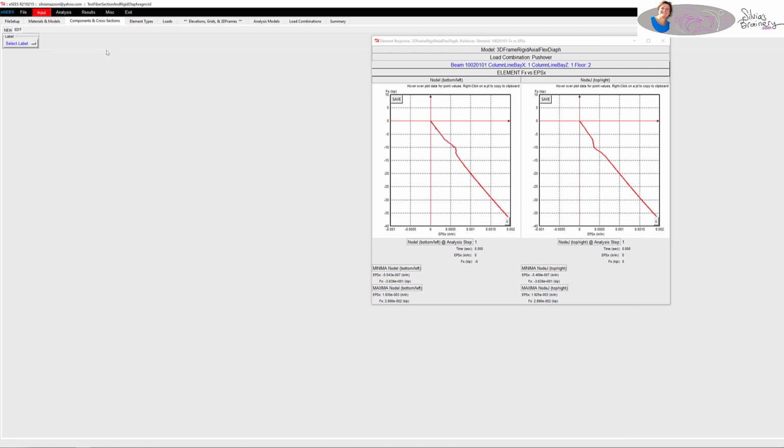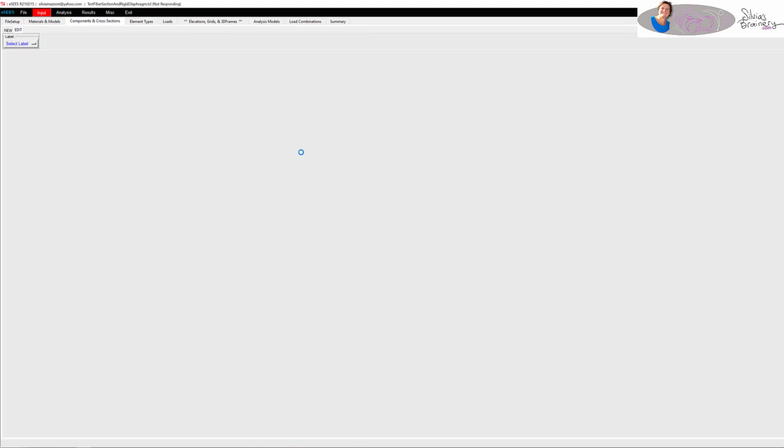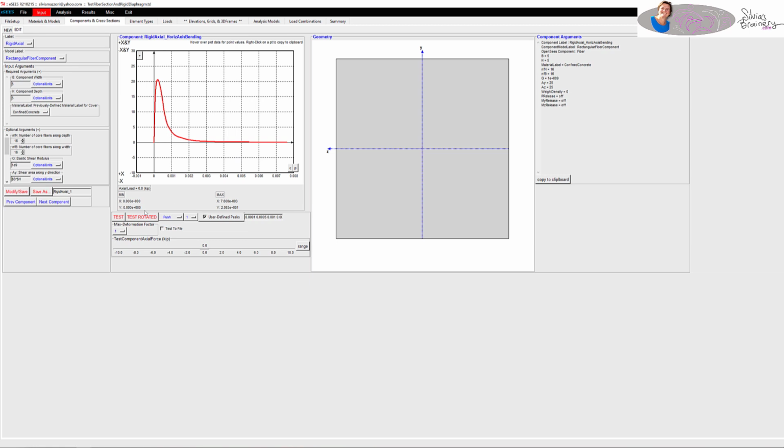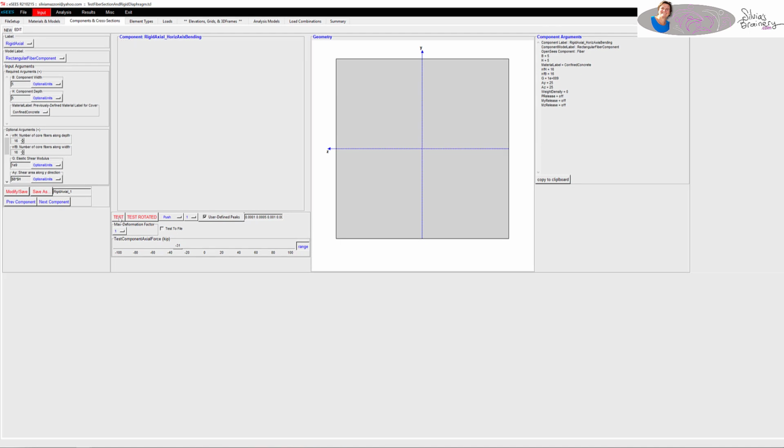So now let's go to my cross section and plug in an axial force of 30 kips. It was negative, so we're going to put in a negative value of about 30. You need to scale that a little bit, so let's go to about 30. It doesn't matter because it was increasing. I test it. So remember, this is the moment,